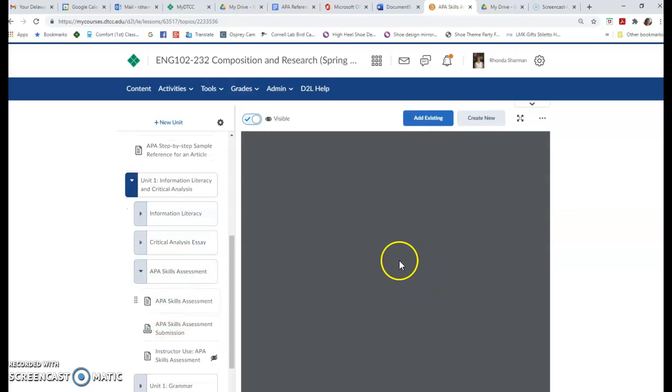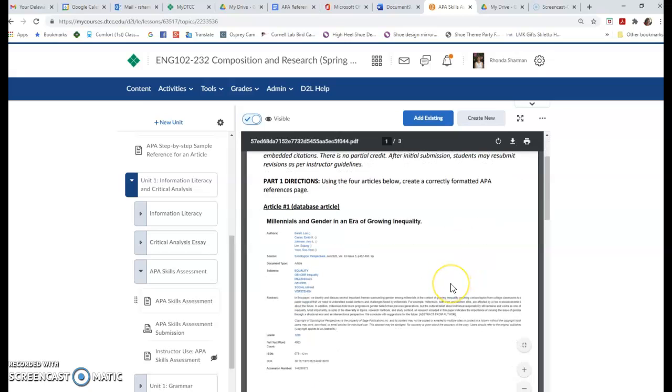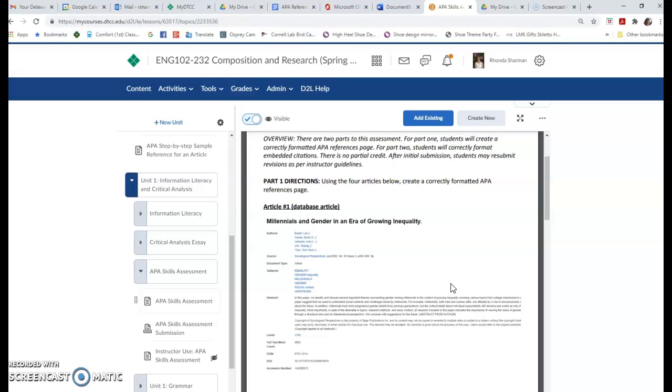You're given four articles, and you need to create a references page for each of them. Again, please read all of the APA materials, especially about references page information, and then you'll work on these articles. Once you've formatted one of them, then you need to make sure that they're listed in alphabetical order on the page. So we'll do just one, or at least start to do one here